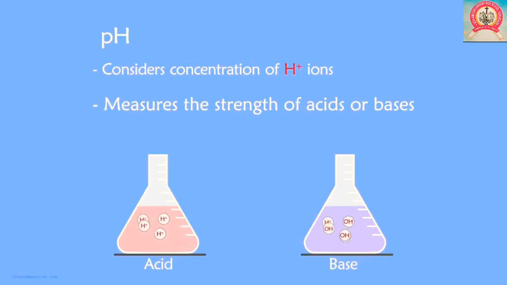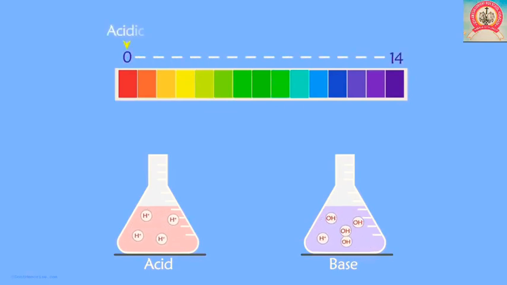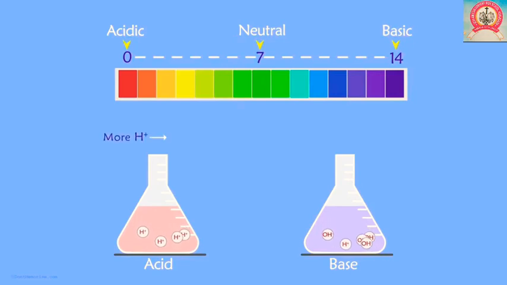How to know how strong an acid or a base is? We have the concept of pH scale, and it ranges from 0 to 14, 0 being very acidic and 14 being very basic or alkaline, and a pH of a neutral solution, right here in the middle, is 7. Understand that the pH is just a number which tells us how acidic or basic a solution is.